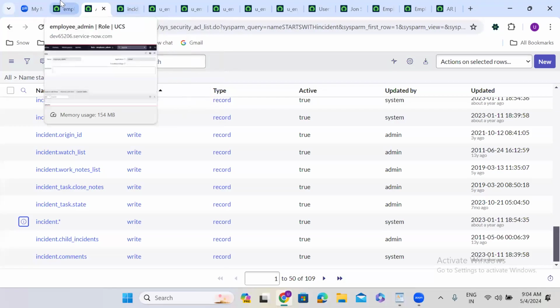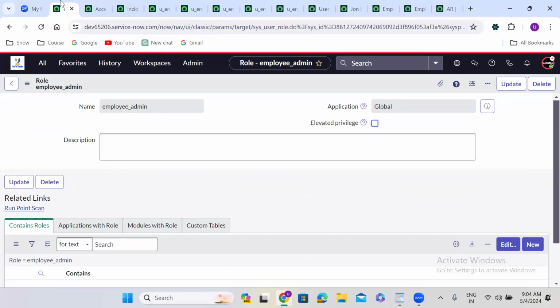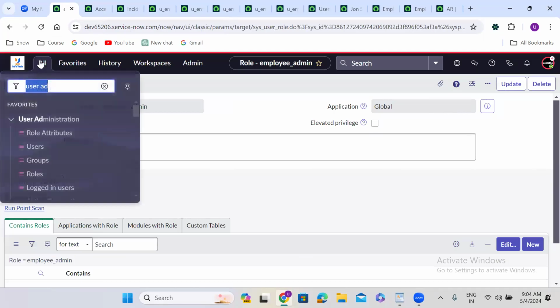See, why are we learning ServiceNow, guys? This is too bad. Those who didn't close incidents,